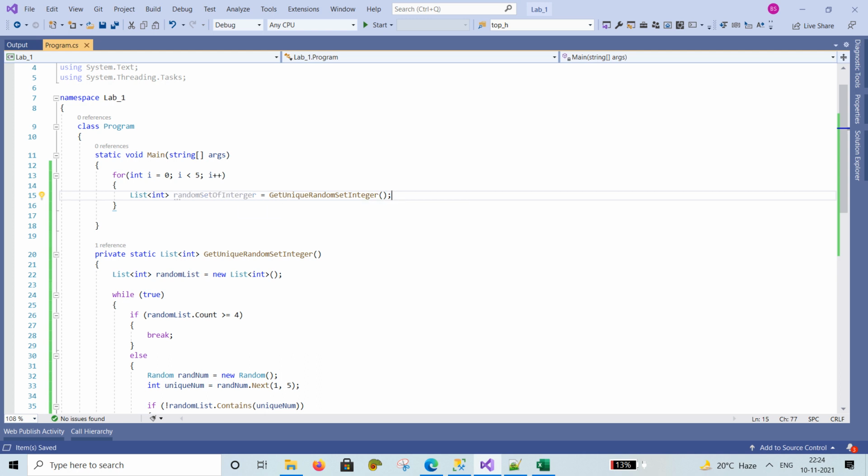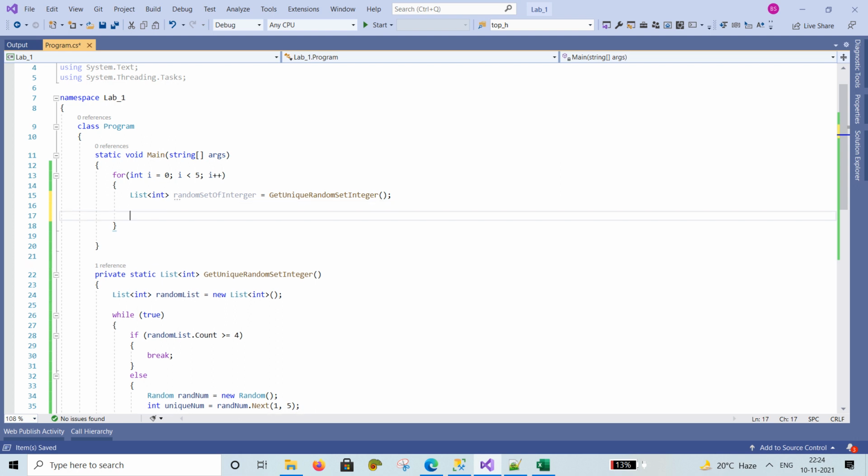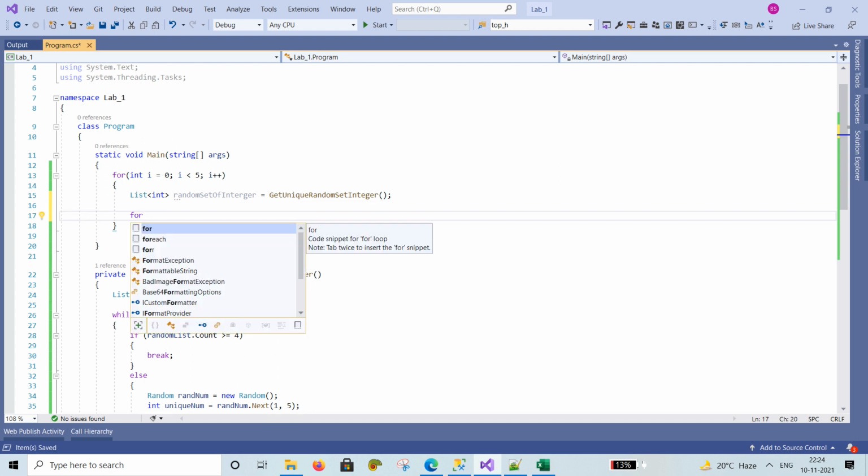Now we print every element from the random set of integer by using a foreach loop.